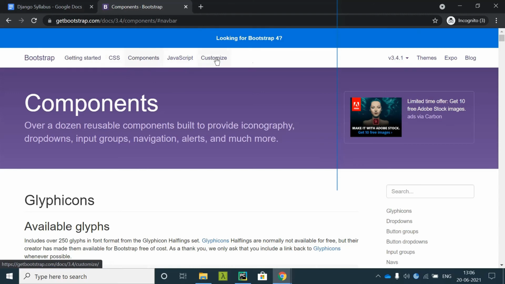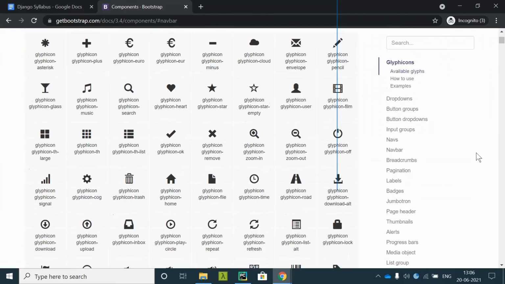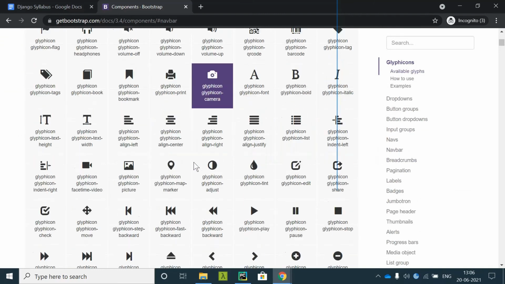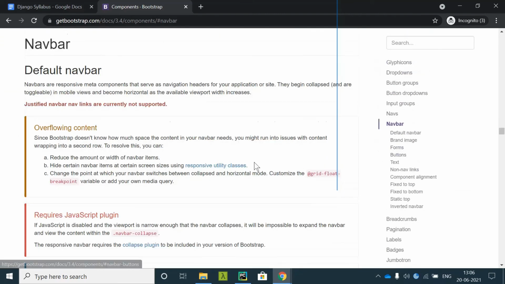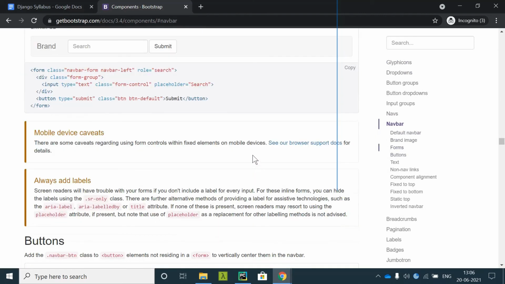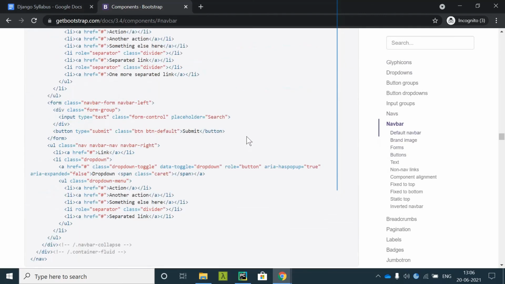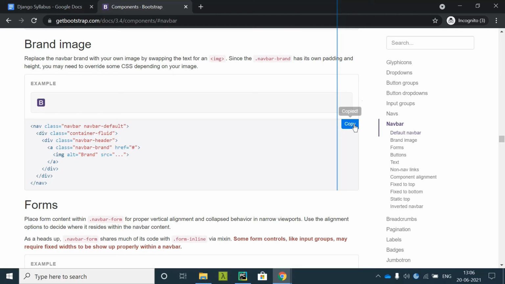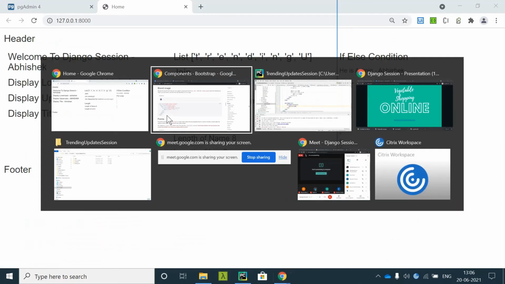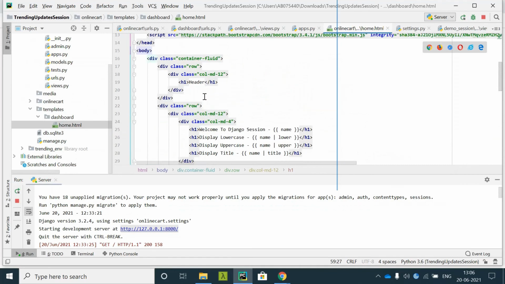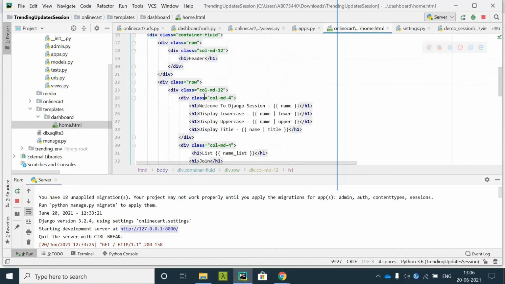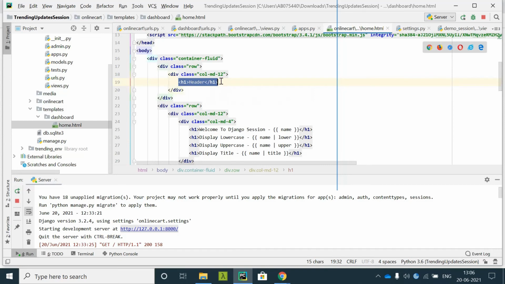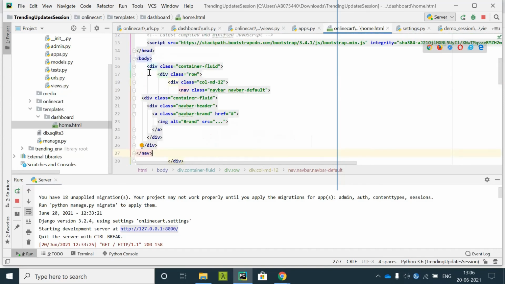These are different pages, and this is how it looks. So we'll go to the navbar and pull the simplest navbar, the default nav. We'll make use of this. It will only display the Bootstrap brand name over here. Slowly we'll develop it so that we get to know how things are working exactly. So inside the first row we'll put this nav.